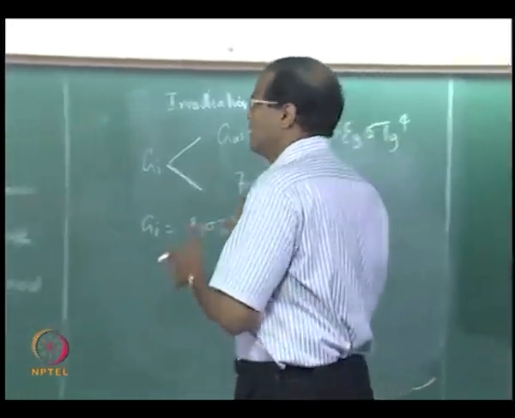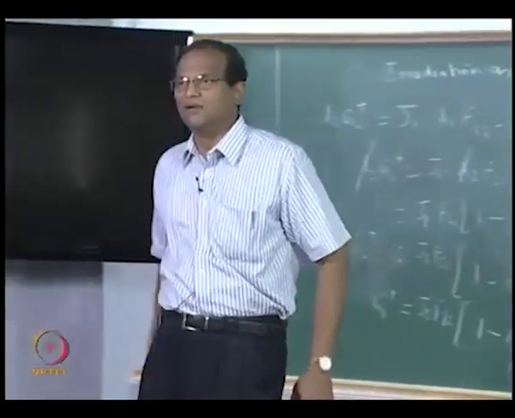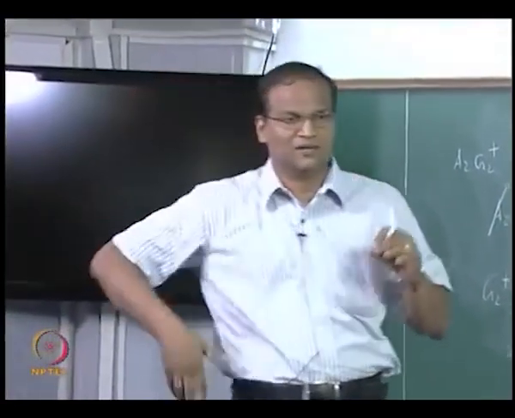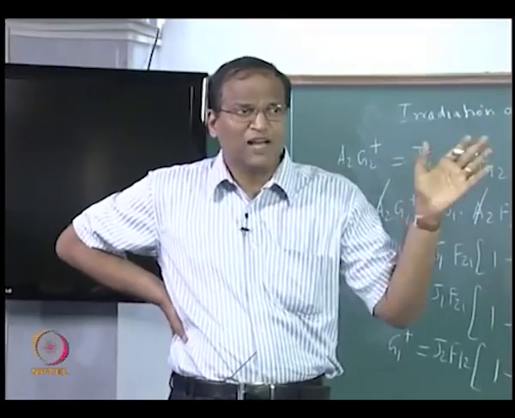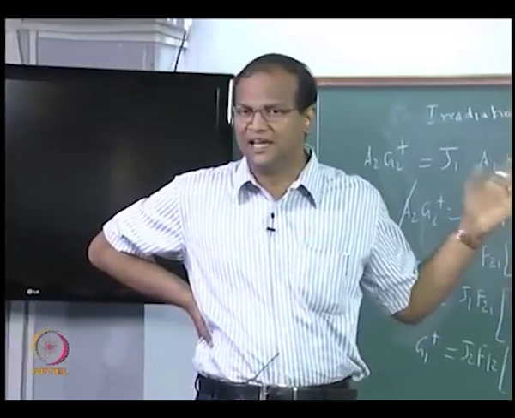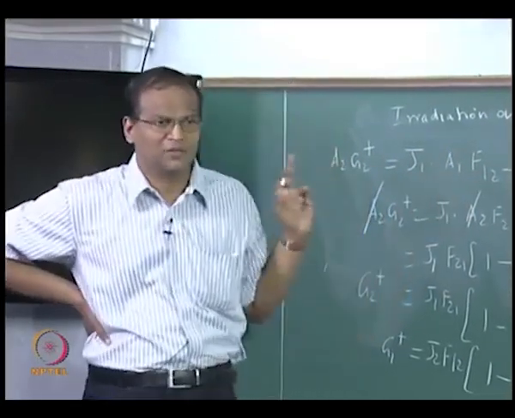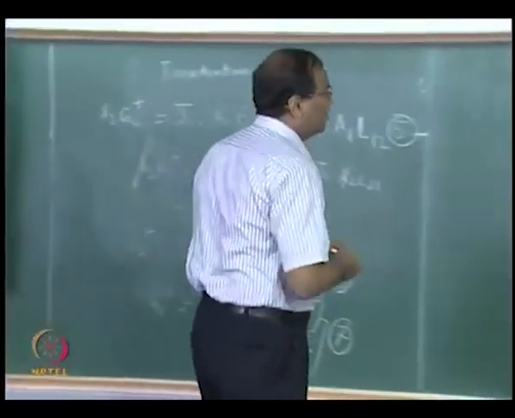So this is to aid, it is to help, it is a simplified way, just like you have a lumped capacitance system. You say the whole body is at one temperature. It is also valid under some limiting conditions, the Biot number hL by k is less than 0.1. Like that, the optically thin gas. This is valid for optically thin gas, only one gas, it is not for a gas mixture. Okay. Now J